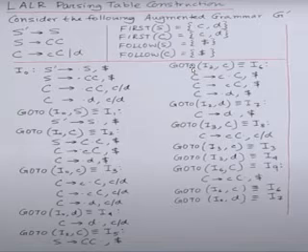I0 completed, I1 completed, I2 completed, I3 is incomplete for me. In I5 we have completed, but in I2 we have other grammars, like C tends to cC and C tends to d. So I have to complete those also. That's why I am going to write go to I2 comma small c. So that is why I write C tends to c dot C. Here one problem we got is that after the dot I again have a capital C. So that is why I have written all the grammar starting with capital C.